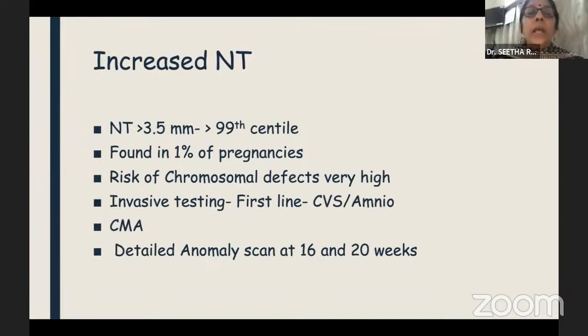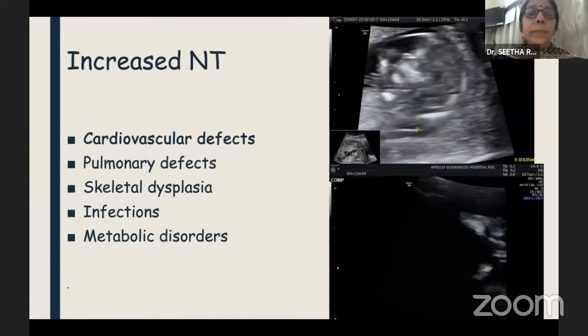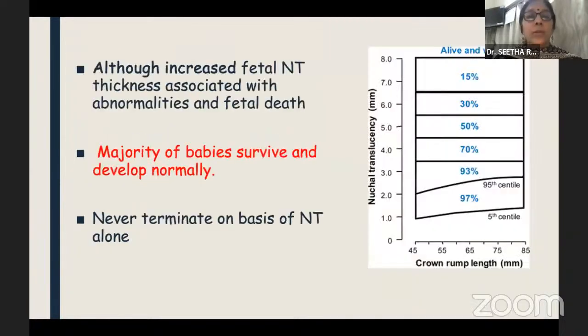or any other problems, because NT more than 3.5 is above the 99th centile, and that is where the risk of chromosomal defects becomes very high. And so they should be offered invasive testing and ideally a chromosomal microarray, because increased NT can also be a precursor of cardiovascular defects, skeletal dysplasias, infections, and metabolic disorders. But again, remember that though increased NT is associated with aneuploidies and other things, most of the babies survive